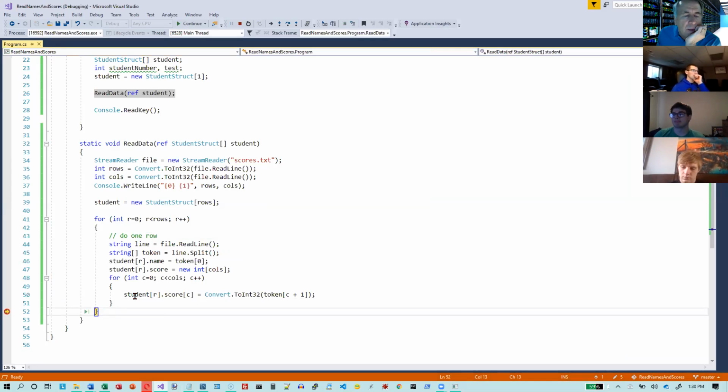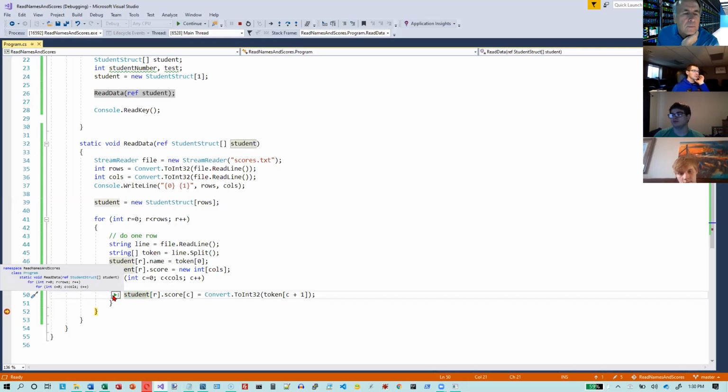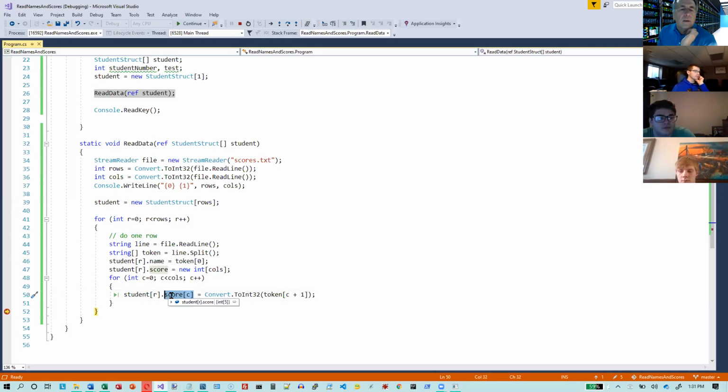And now if I pause my mouse over student, it just tells me that it's an array with 4 elements in it. But I think if I highlight student sub R and pause the mouse over it, it still just tells me the same thing. Let's try. Okay, so select score sub C and pause the mouse over it and then click on your expansion arrow there. And it will show us,